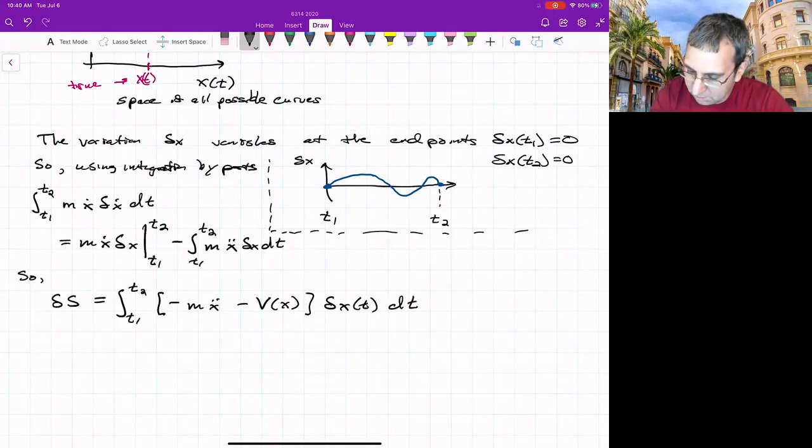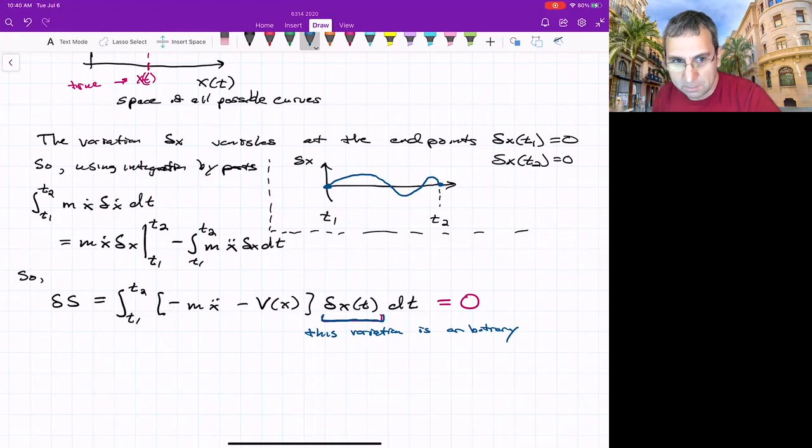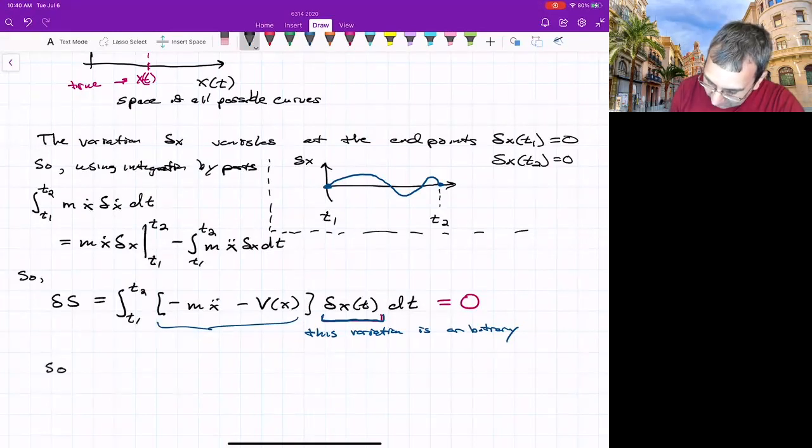And the condition for a minimum is that this equals 0. And this variation function is arbitrary. So it's not necessarily equal to 0. So if that's not necessarily equal to 0, the only way this entire integral could be equal to 0 is for the thing in the square brackets to be equal to 0. So minus m x double dot